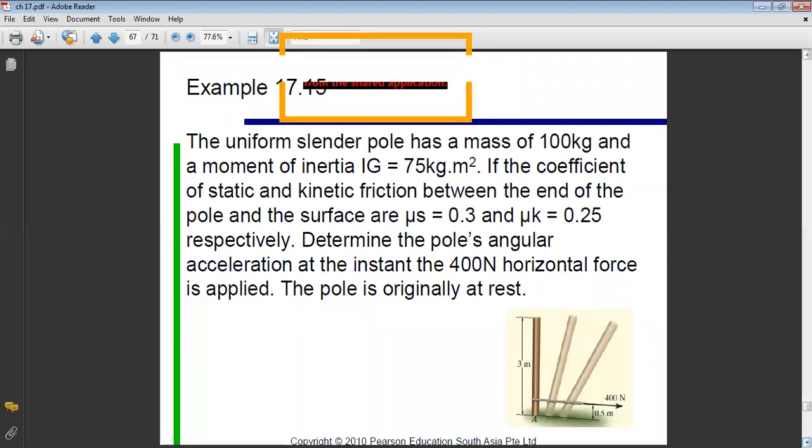So here you have a bar, originally in the vertical position, and you apply on it a force of 400 Newton. What we want to find is the angular acceleration at the instant we apply the force of 400 Newton. In such a problem, you have a certain method to follow. When they give you both static and kinetic friction, this means that I am not sure if I will have